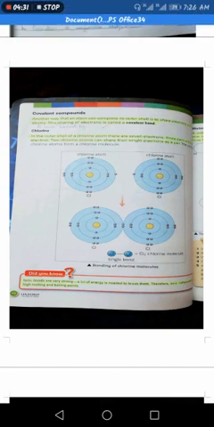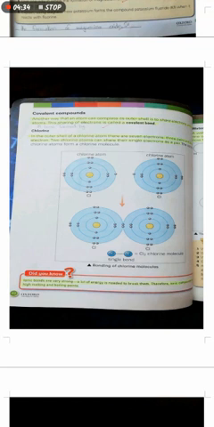As you can see, there are 2 chlorine atoms and their outermost shell has 7 electrons. In both atoms, the outermost shell has 7 electrons. They require 1 electron to complete their outermost shell. In the outer shell of the chlorine atom, there are 7 electrons, 3 pairs and a single electron. 2 chlorine atoms can share their single electrons as a pair. The combined chlorine atoms form a chlorine molecule. When they share the electrons, they will be in a stable condition and they form a molecule.